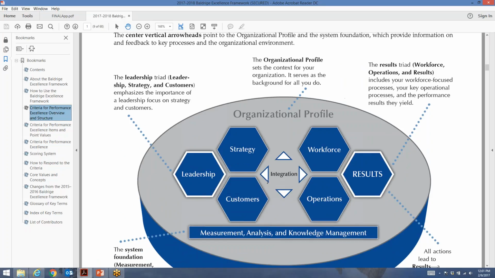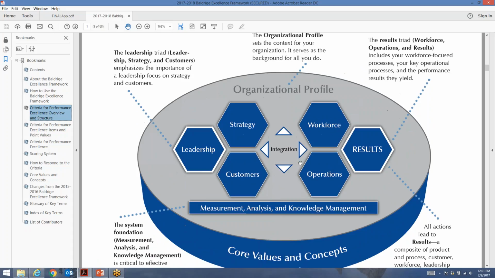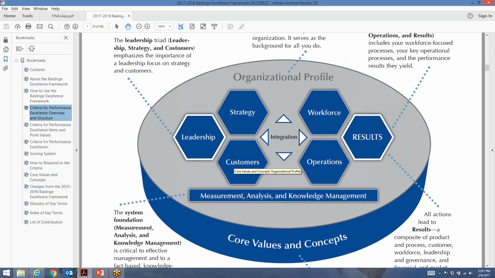If you are familiar with the Baldrige criteria, there's this little graphic. It used to be a Baldrige hamburger, now it's a Baldrige, I don't know, pizza or something like that. But this is kind of how the criteria is set up, if you recall. There are 6 process categories: leadership, strategy, customers, workforce, operations, and measurement, analysis and knowledge management. Six process categories that you've got to address, and then a big old results section that's going to take up quite a bit of your application. So we're going to be talking about these 6 categories and how to respond to those this week.